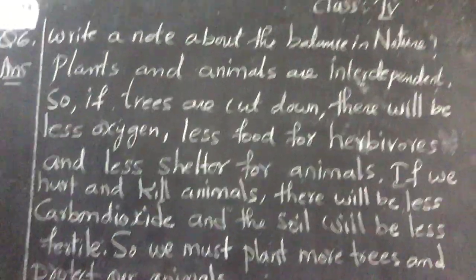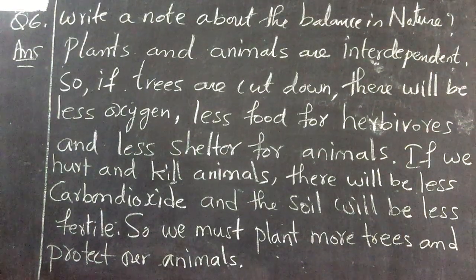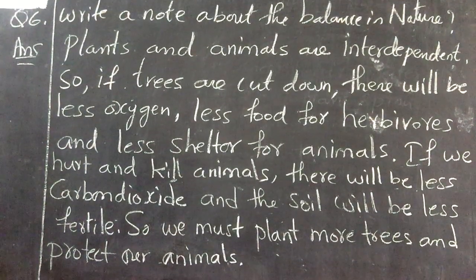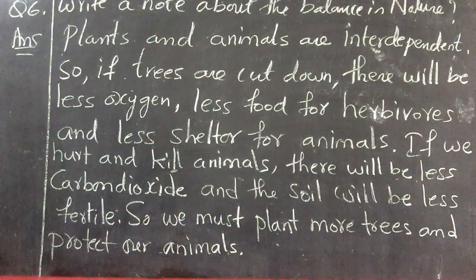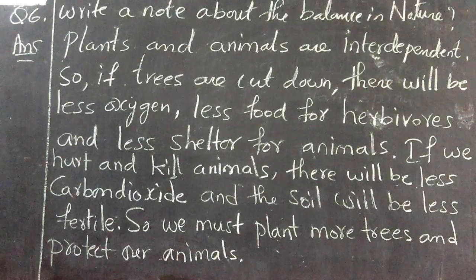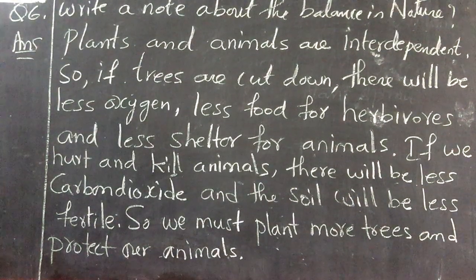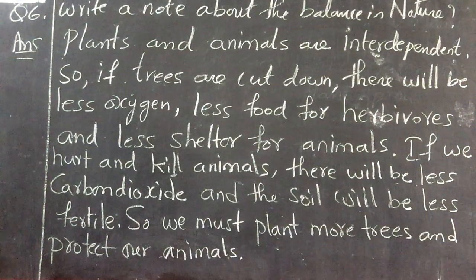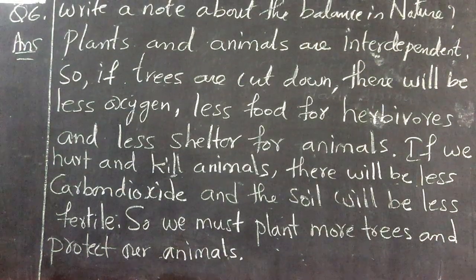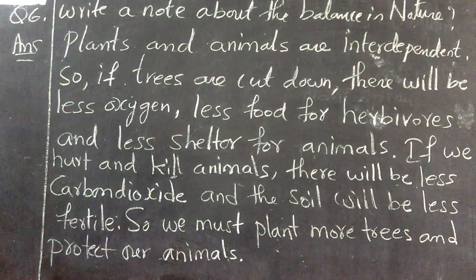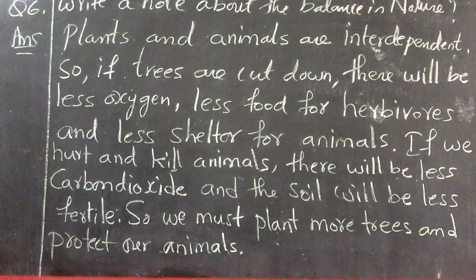By this we completed all 6 question answers. Question number 1, draw the parts of the plant. Question number 2, before writing the answer, draw taproot and fibrous root, then continue writing the answer. The remaining, all as it is, you have to copy. After writing the 6 question answers, every day 3 answers have to be learned, children, and out of that 1 is parts of the plant only. So the remaining 5 question answers, learn perfectly and write 1 time in the homework book.